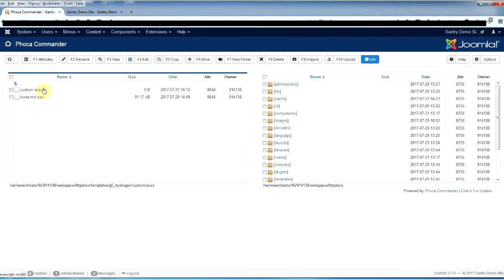you need to create, I've already created an empty custom file called custom.scss, and there's nothing in that at the moment, 0 bytes in there at the moment. But what you need to do is, if there's no blank custom SCSS file in there, just create one. Just create an empty file and pop it in there. So what we need to do is add a bit of code into that custom.scss file. So if we click on that file and we go to F4 to edit,